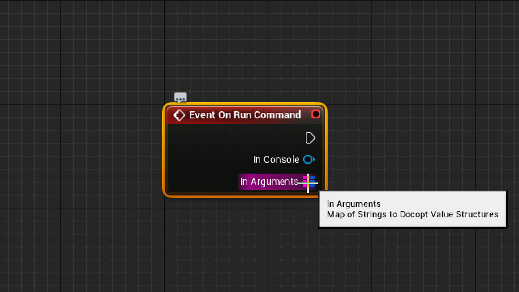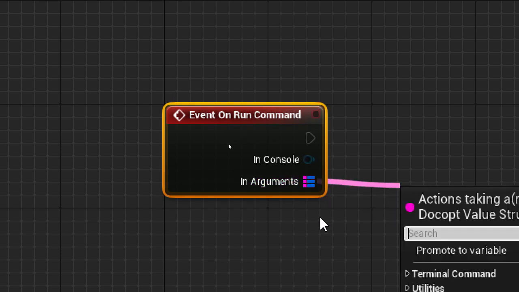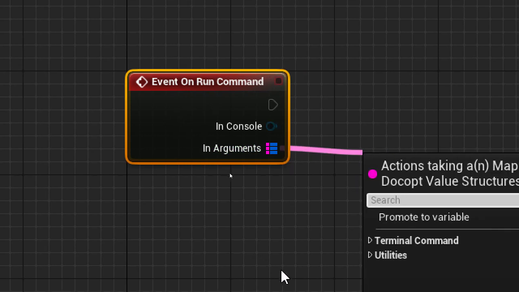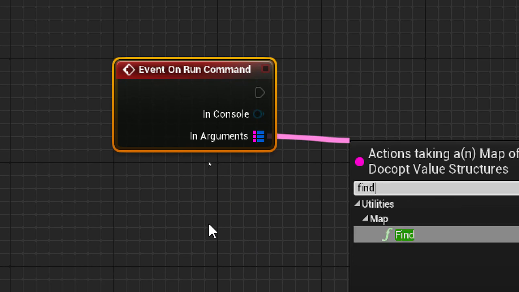So what do we want to do? Well, we are actually creating the manual command in the game. A theme of these videos is I'm going to try to actually create an actual game feature in each video that gets put in the actual game and kept there. But what we want to do is, because we are the manual command, we want to ask the user for a command. So what we can do is we can drag off the in arguments pin, and we can use